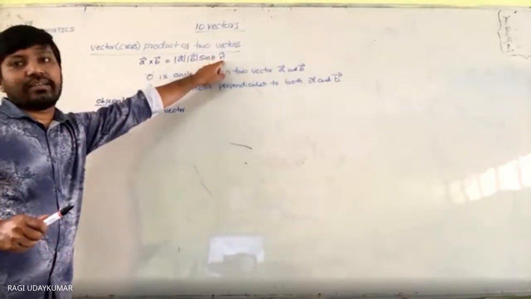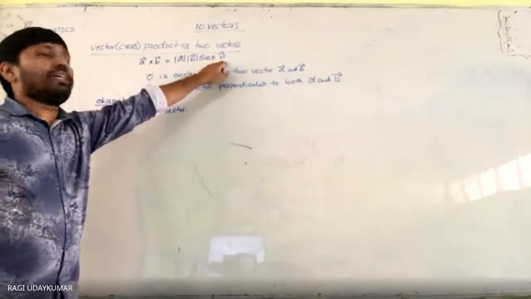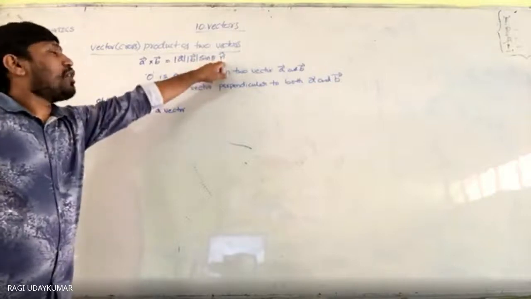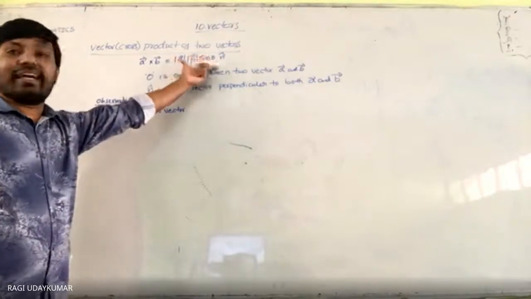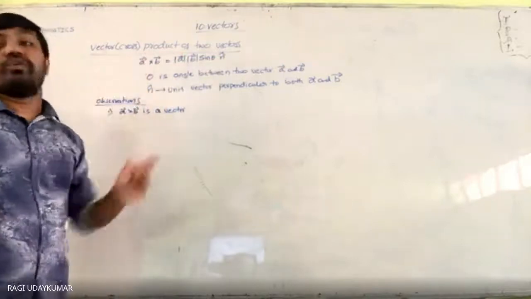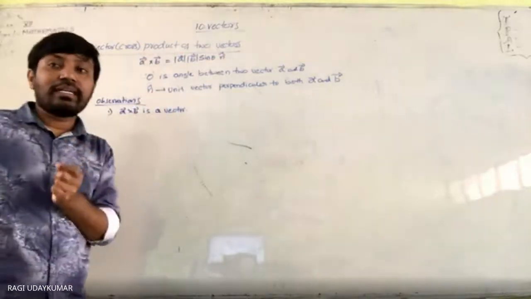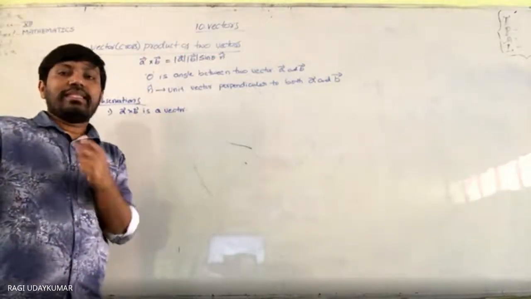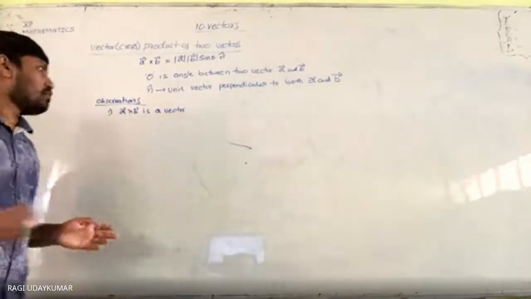This is a unit vector. So a vector, this vector you are going to get is completely a vector which is perpendicular to both the vectors a bar and b bar. So if the two vectors are given to you, then you can say that these two are, and in case